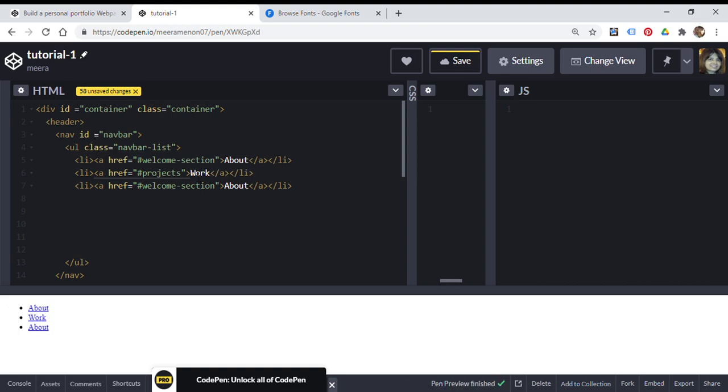Here, this is what will appear in your UL, or in other words, this is what will appear on your screen when people see your website. So this is about work. This is what they see. You can call it work, you can call it projects, up to you. But inside these IDs and classes is as per the given terminology, right?